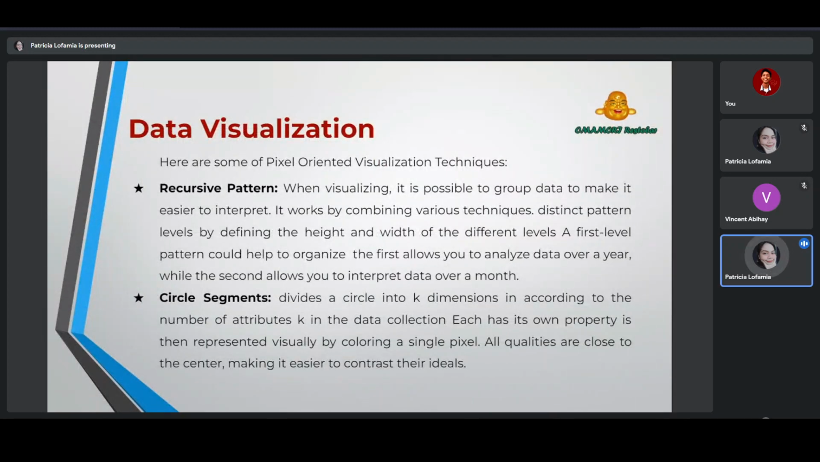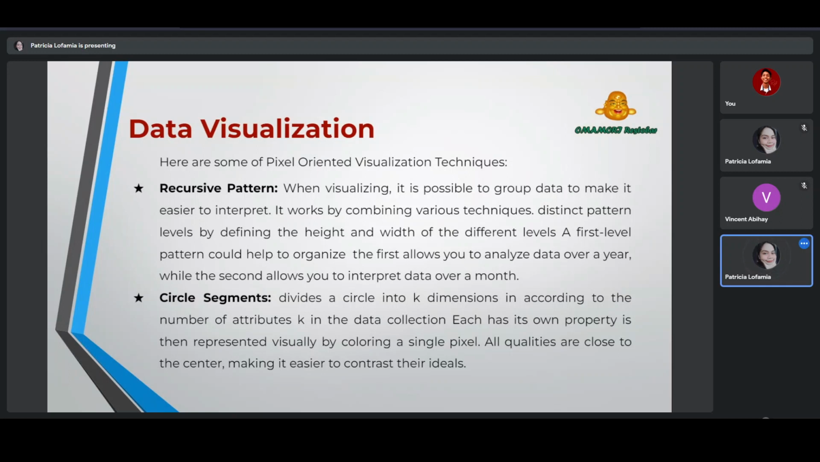Here are some of the pixel-oriented visualization techniques. Recursive pattern. When visualizing, it is possible to group data to make it easier to interpret. It works by combining various techniques, distinct pattern levels, by defining the height and width of the different levels. A first level pattern could help to organize. The first allows you to analyze data over a year, while the second allows you to interpret data over a